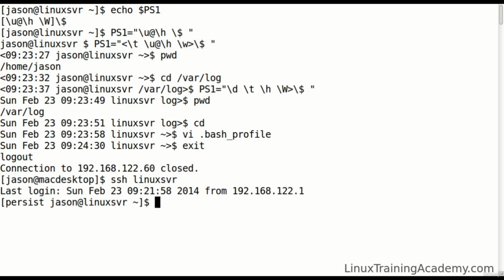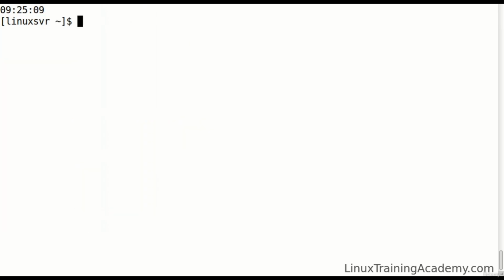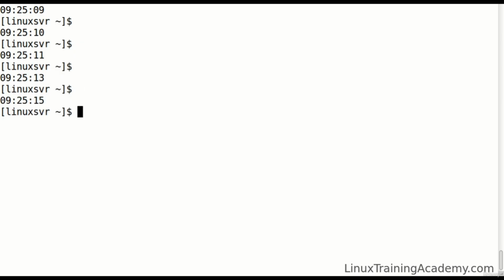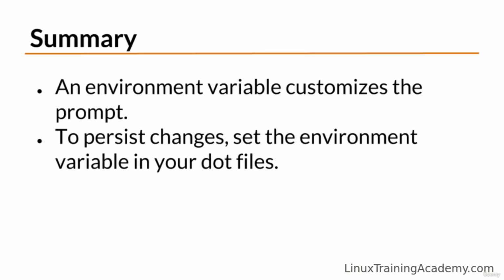Let's do one more thing. Let's make a multi-line prompt. We'll put time on one line, and let's put host and a working directory on the next line. Clear the screen here, and you can see that every time that we hit enter, we get a new prompt with the current time on one line and a normal looking prompt on the second line. Shell prompts can be customized by setting